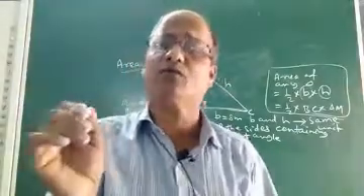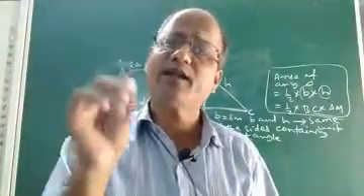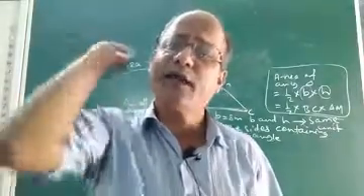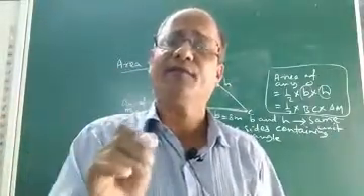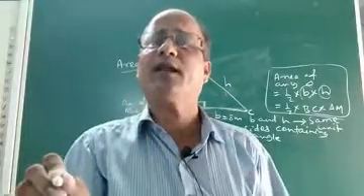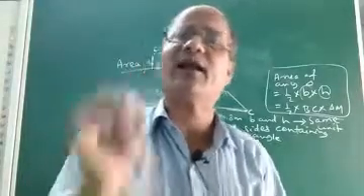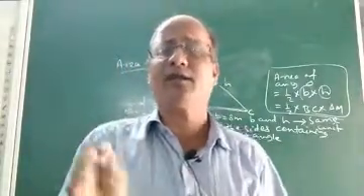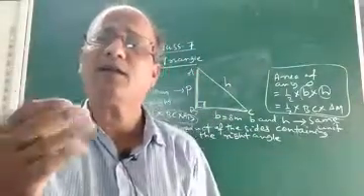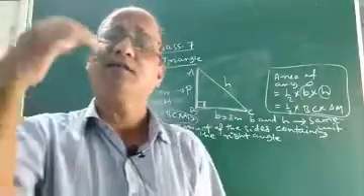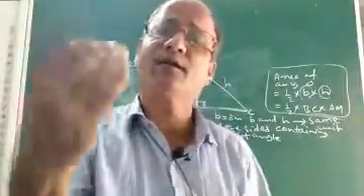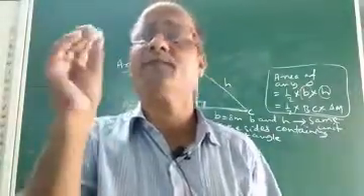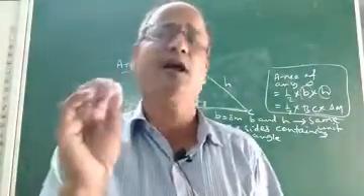Children, I hope you understood what a triangle is and how to find its area when the base and height are given, and how to find the area of a right angle triangle if the lengths of the perpendicular and base, that is the two sides containing the right angle, are given. Now the last part of this chapter, perimeter and area, is circle. What is a circle and how to find the area of a circle, circumference of a circle, concentric circles, there are so many things. We shall discuss the concept of circle and how to find its area in the next class.